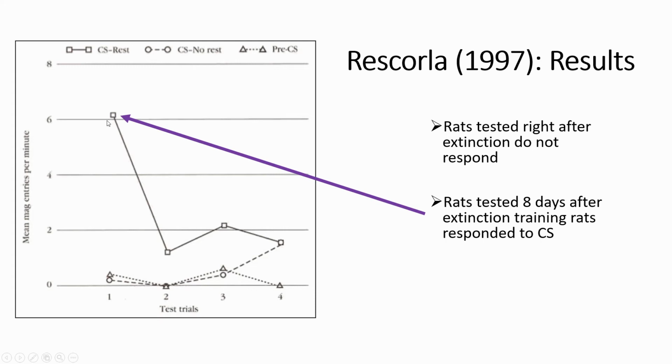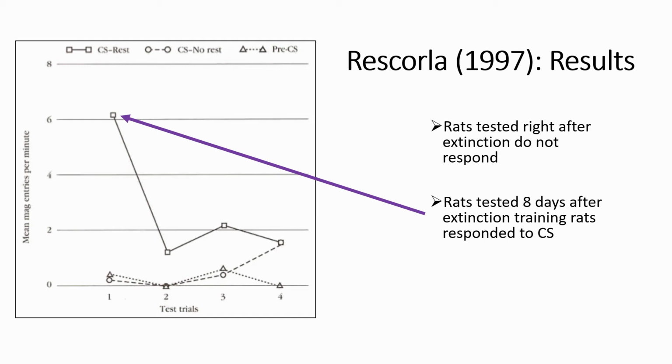we see spontaneous recovery, where their number of magazine entries increases dramatically after that rest period. So we see that they're showing a response to that conditioned stimulus, so we see spontaneous recovery. So this tells us that that rest period is very, very important, where during that period, something happens that makes this spontaneous recovery possible. Now, if extinction was unlearning of what was originally acquired, then we wouldn't expect to see